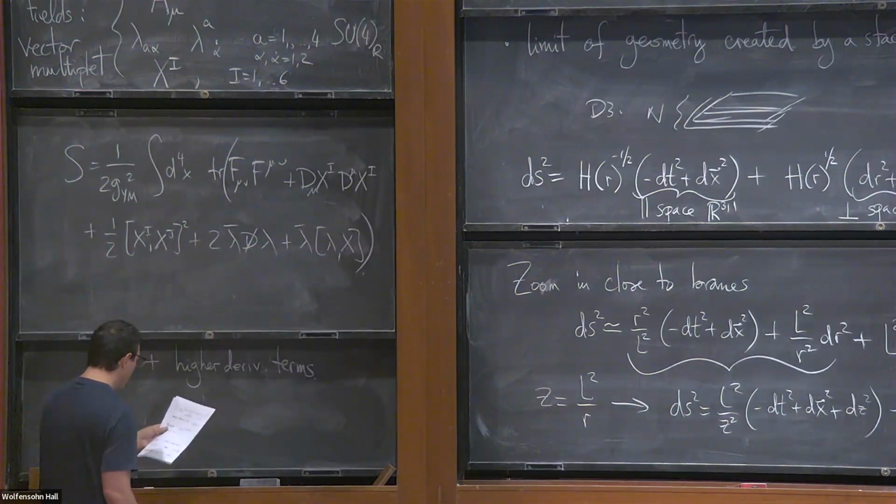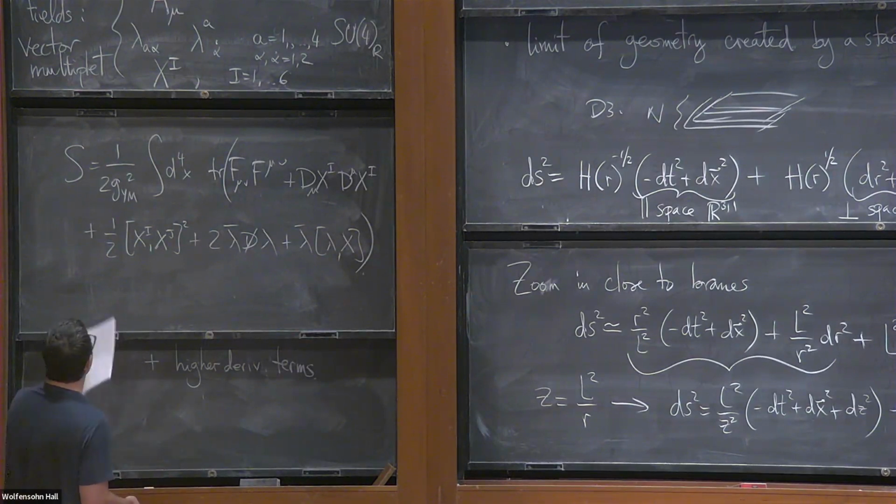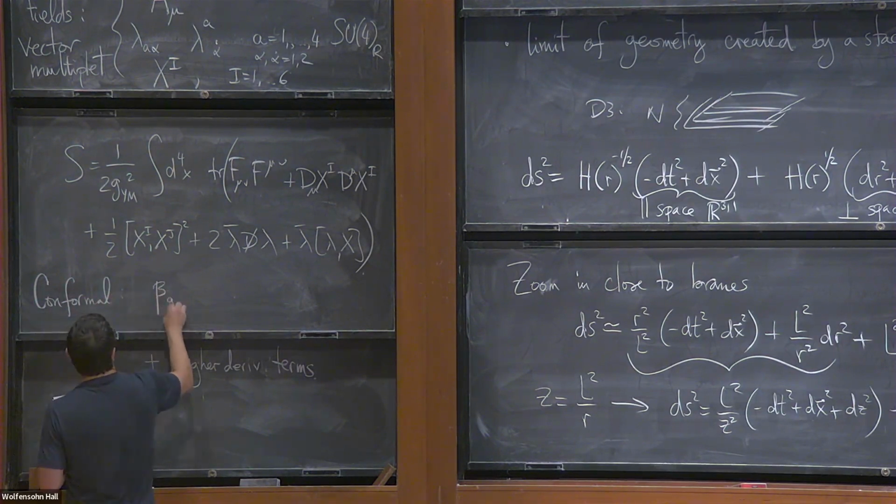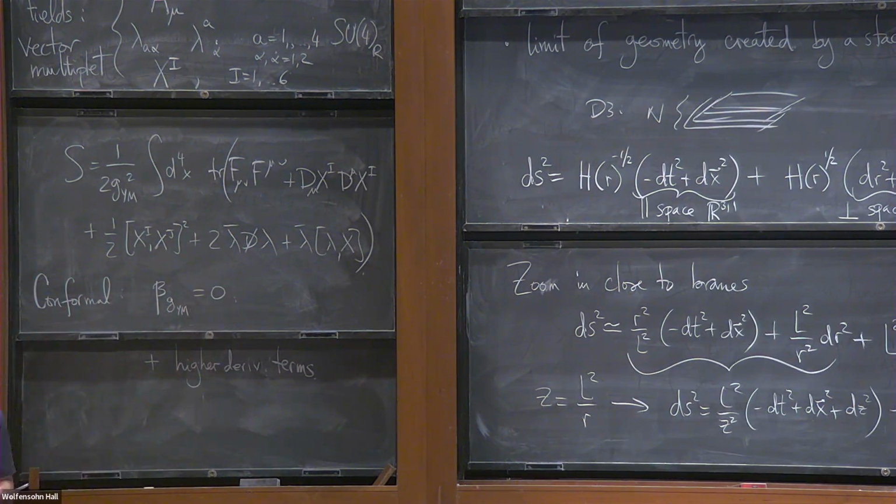Okay. So what are the parameters? The parameters are N, the rank of the gauge group, and g_YM. One can also introduce a theta angle, but let's not worry about that for now. And the main thing about this theory is that it's exactly conformal, meaning that the beta function for the coupling, g_YM, is 0. The coupling does not run in this theory, the Yang-Mills coupling. It's a true parameter of the theory.